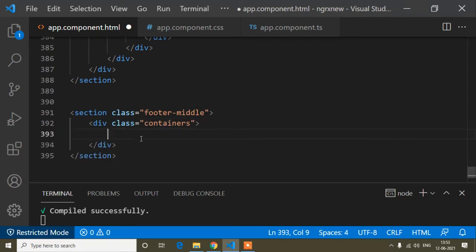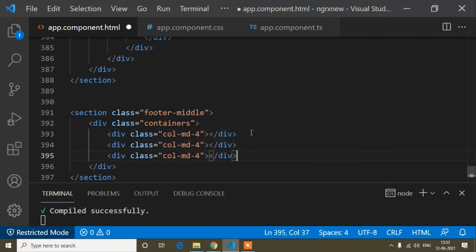And now I will divide it into 3 columns. I need 3 columns, so I will divide 12 by 3, so that I will get 4. So now col-md-4, and I will just copy and paste.